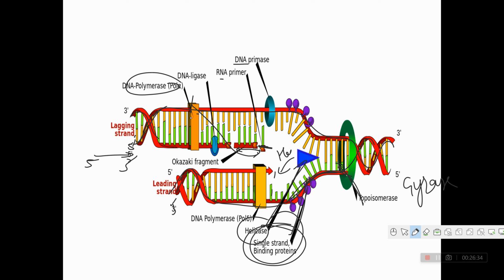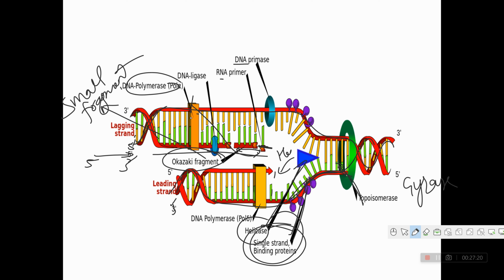Short nucleotide of the base will be formed. Again the primer will be removed. Again another short nucleotide of this strand will be formed. So here an Okazaki fragment will be formed. Means there are several formations of short strands taking place. So this strand is known as the lagging strand, or Okazaki. A small fragment is known as an Okazaki fragment.